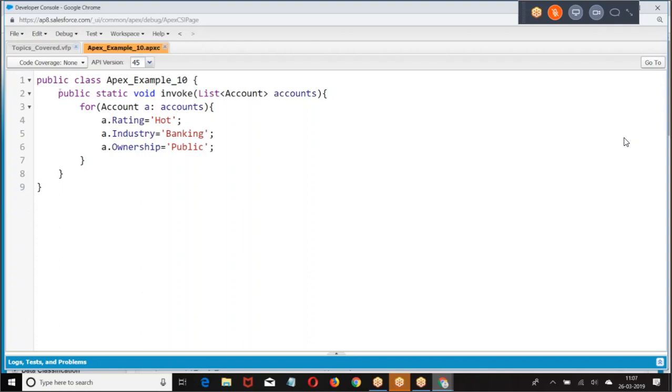Whatever records we are trying to insert, those list of records one by one we are taking, trying to modify rating, industry, ownership.